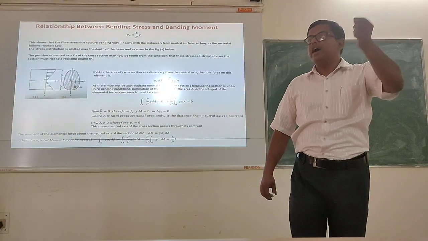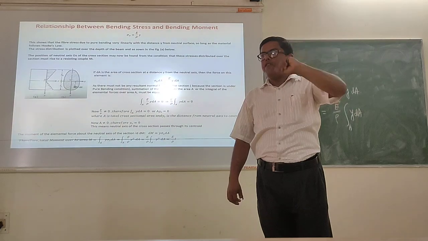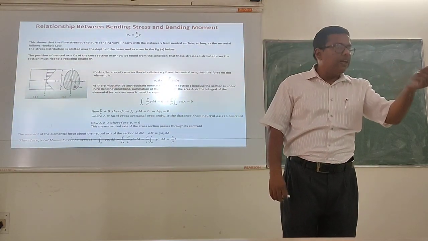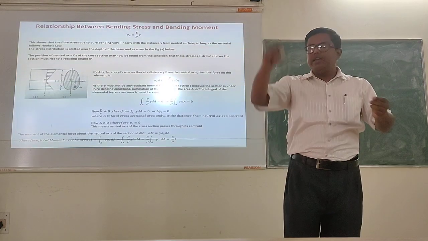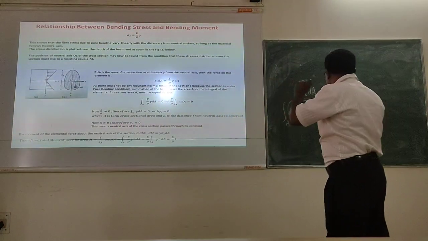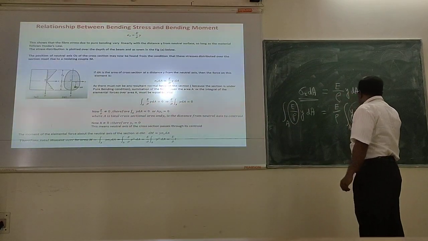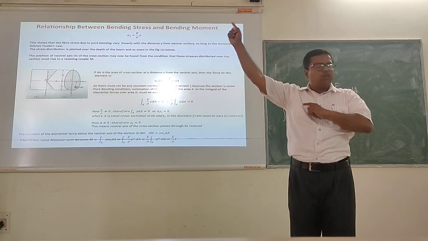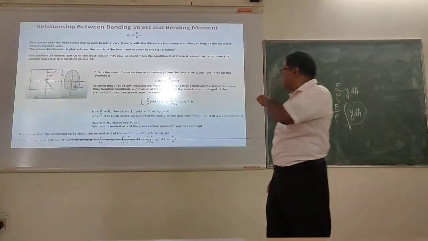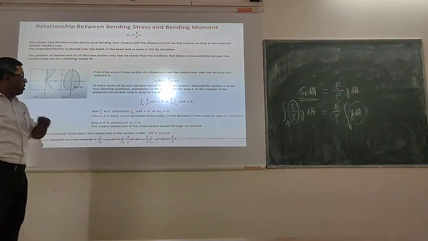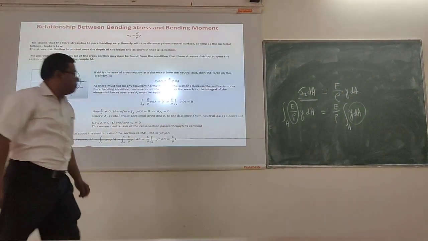First moment of area is what? First moment of area is centroid. Second moment of area is moment of inertia. Right? So if I write y square dA, then it will become moment of inertia. Correct? So basically this term will denote the moment of inertia. Sorry, centroid. So now this yc is the distance from the neutral axis to the centroid, that means if